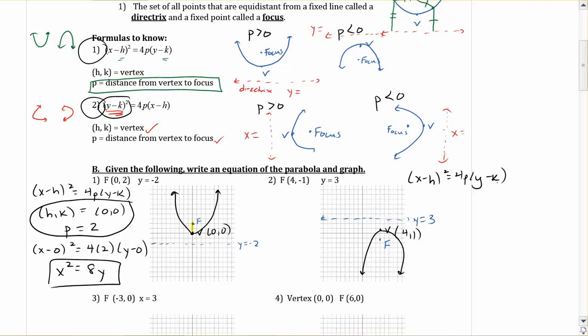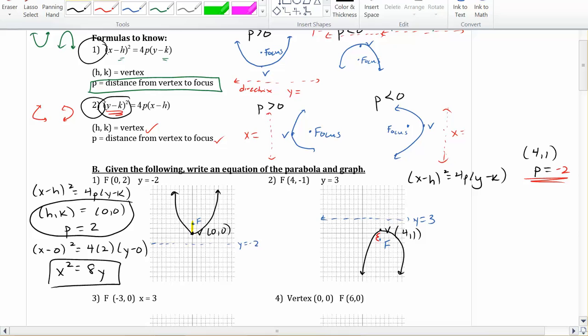I'm going to go ahead and plug in and say, okay, my vertex, my h and k, is 4, 1, right? And my p-value is equal to, now we got to be careful here, my p-value is the distance from my vertex to my focus. And if you look, it is 2, but because it's going down, my p-value is going to be -2. So you've got to be really careful that if you're going up or right, you're positive, or down and left,